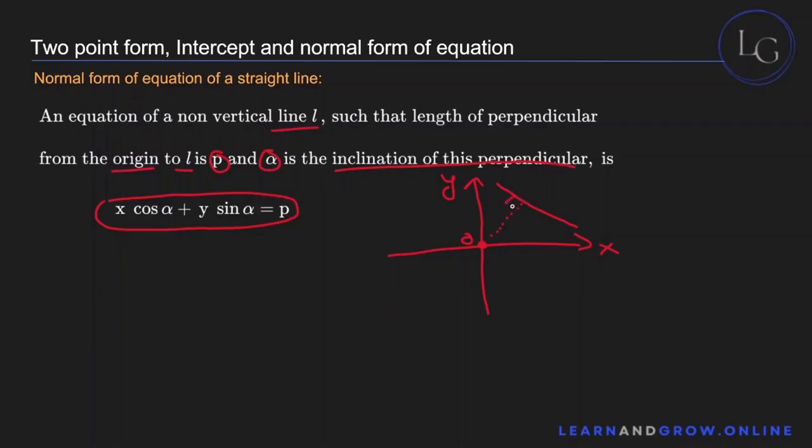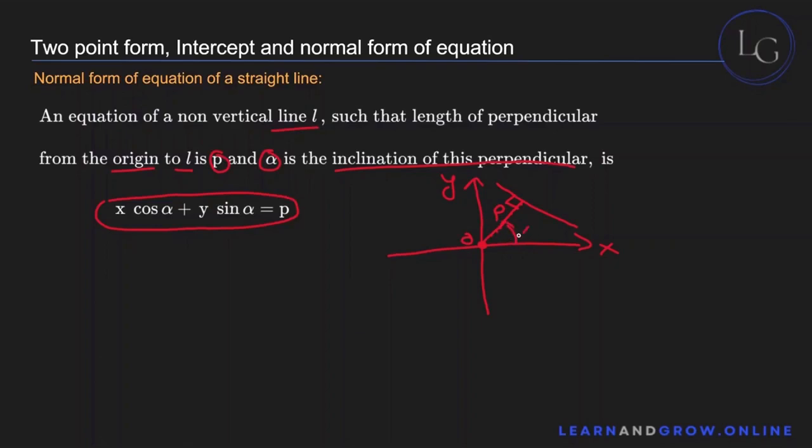So you must have a 90-degree angle between this line that runs to the origin and the actual line. Now look at this line that you have formed right now, and the length of this line is P, and alpha is the inclination of this line,